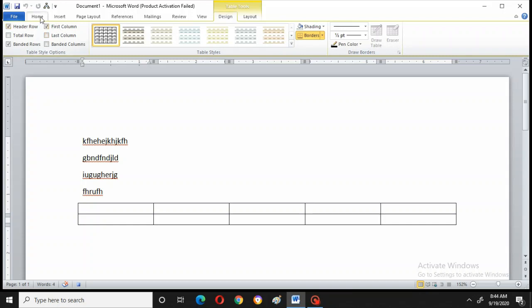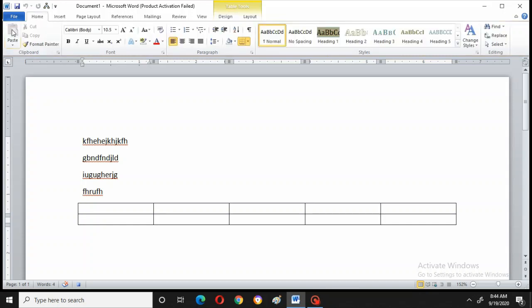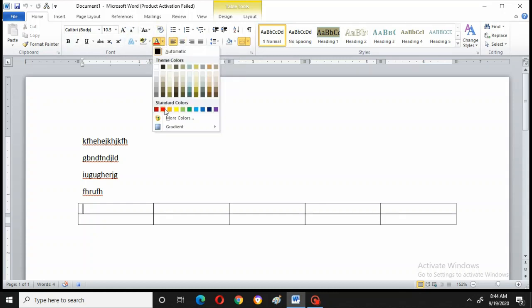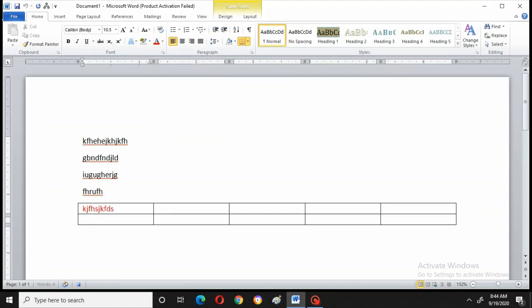Now I will add one picture also. Now I want to change the font color to red. Now I will type something here. Okay, like this I want to change, and even I will highlight the thing.